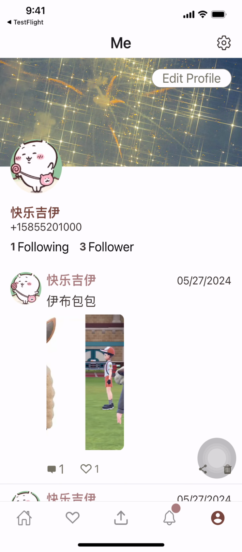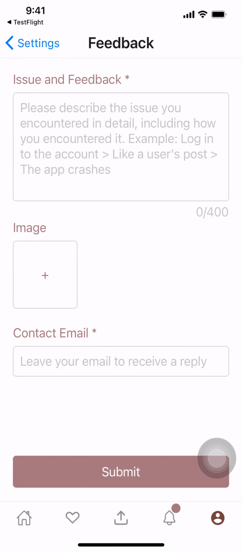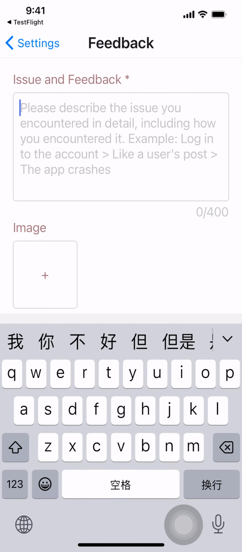Another thing I want to share is I added a new page called feedback. After the user clicks feedback, it is a form, and the issue and feedback text input is the required part. Also the contact email is required, but the image, mostly a screenshot, is optional. And you can type something like,